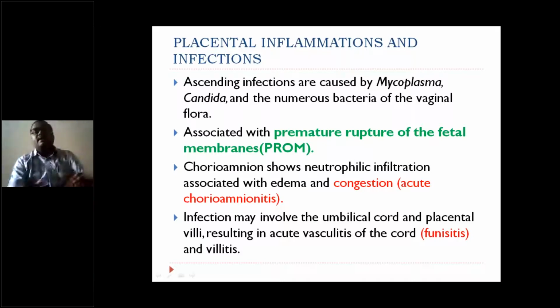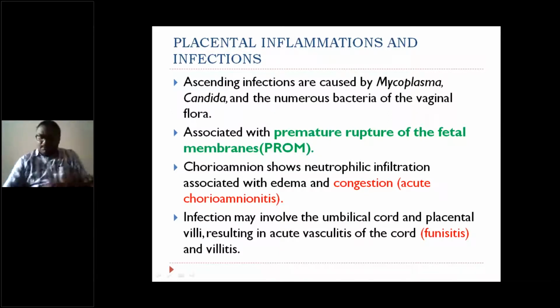It's a very important point: ascending infections, the placental infections. Because of preterm delivery, the baby will face a lot of problems, because of premature rupture of membranes and early delivery. The mother also will take time to recover, and the baby won't have any breast milk. So this is the reason we should take care of these inflammatory conditions during pregnancy.